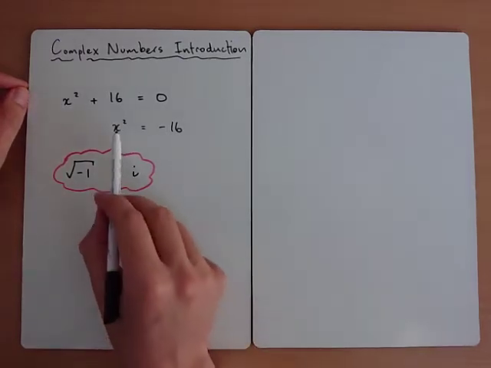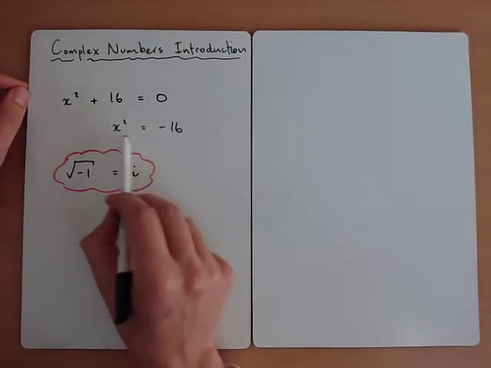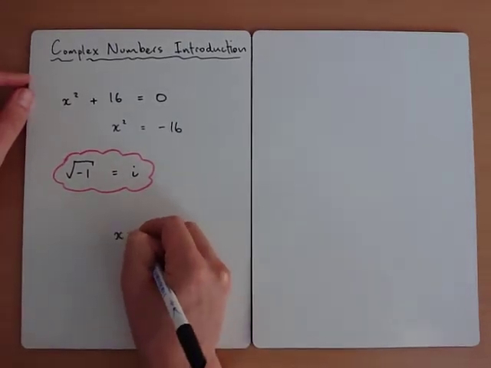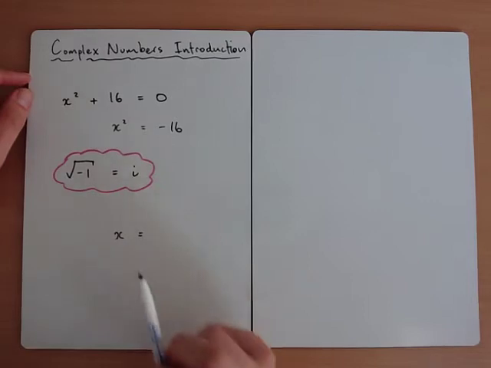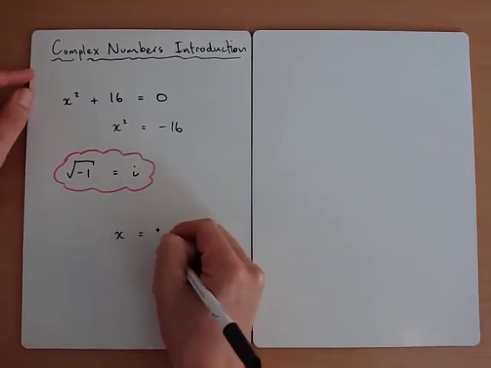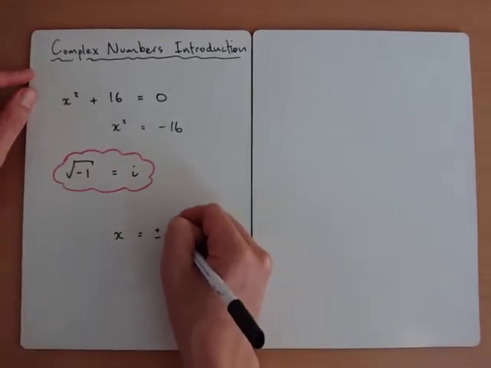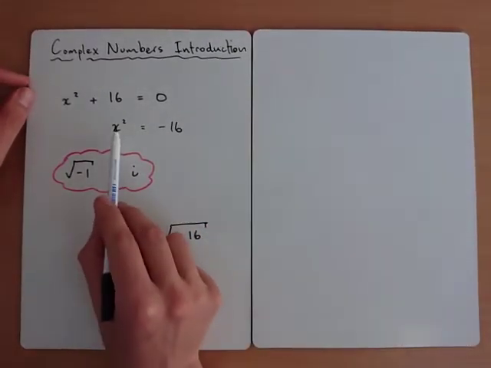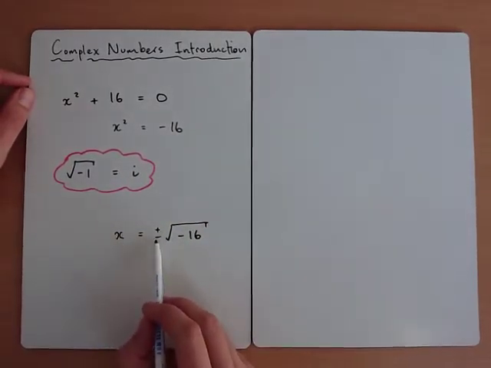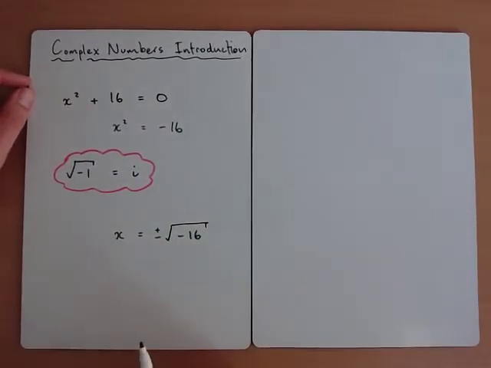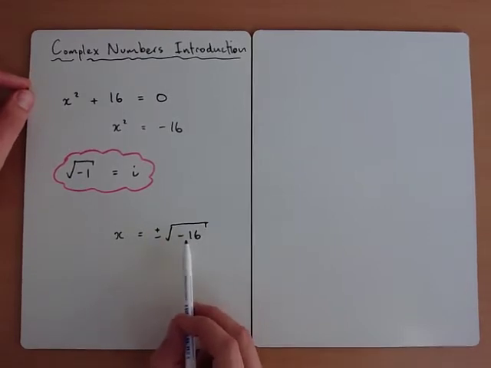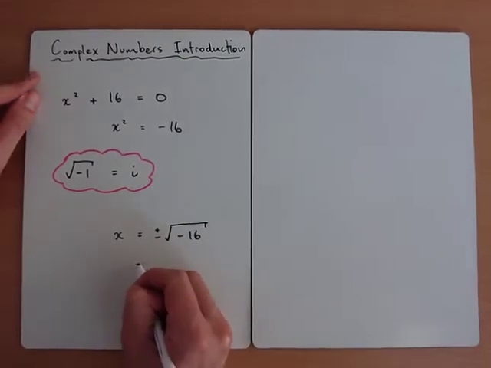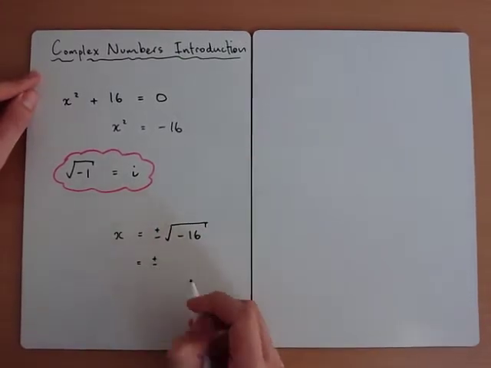Okay, so let's look back at our equation. x squared equals minus 16. And what we'd then do is we would square root both sides. We would remember the plus and the minus. Okay, so if x squared equals minus 16, x is equal to plus or minus the square root of minus 16. Now, before this topic, we would just say, well, there's no solutions, you can't square root minus 16. But what we can do, if we remember how surds work,